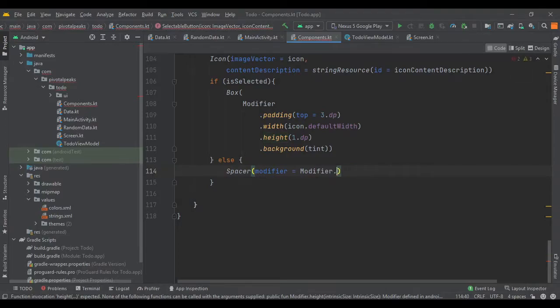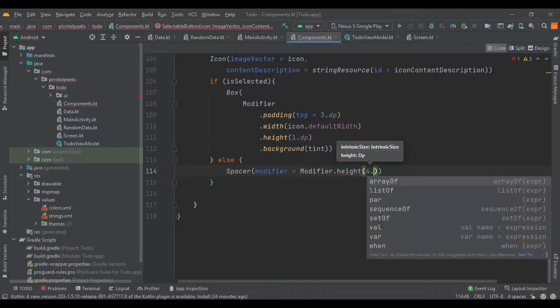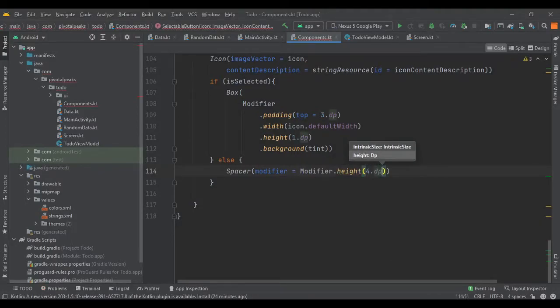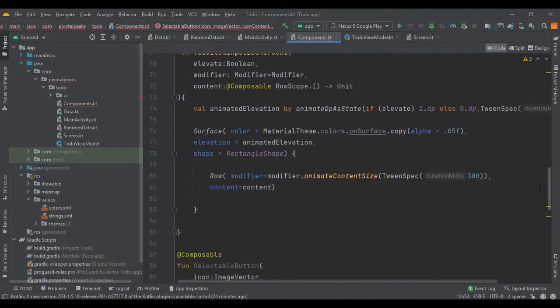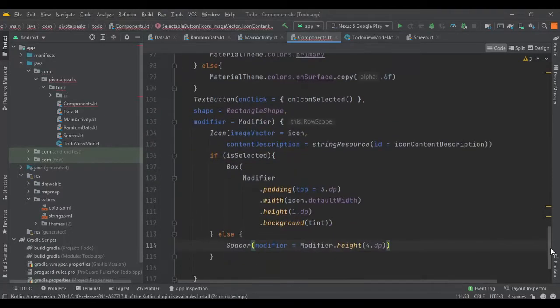Spacer modifier dot height 4 dot dp. So I'm gonna come back later to see where I'm getting this error, because I am unable to identify it. So I will be back in a moment.